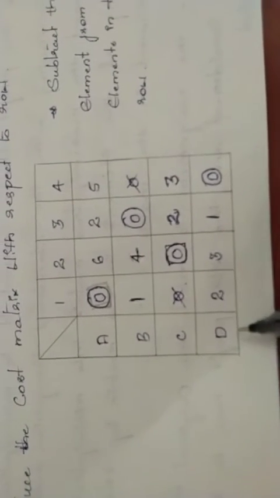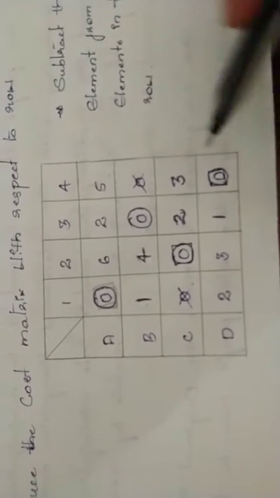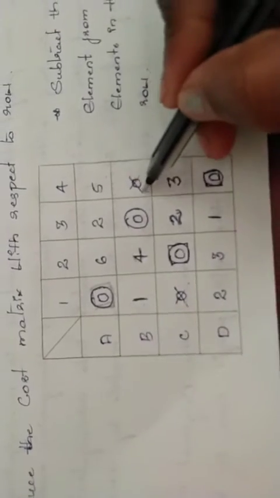Come to the second row. In the second row there are 2 or more zeros. Just leave this row and come to the next row. In this, one 0 is already cancelled. There is one more 0. Just do the assignment, and in this particular column, if there are any zeros, just cancel them with the cross mark and come to the final row. In this also there is a single 0. Just make it an assignment, and in this particular column, as there is another 0, that will be cancelled with the cross mark. Okay, now all the rows are finished.